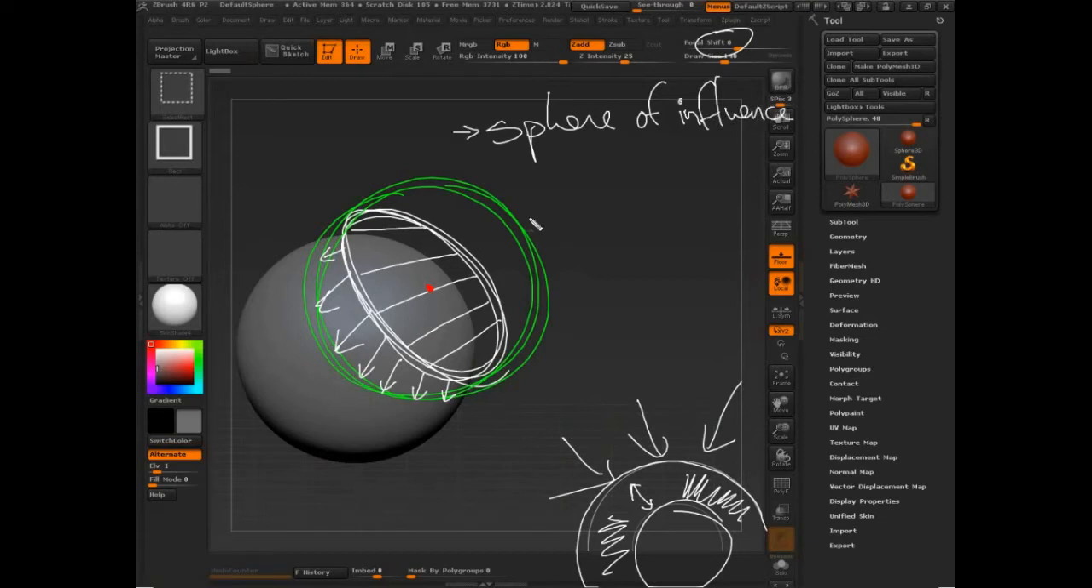What is your sphere of influence? That could be a course. The sphere of influence of ZBrush. Master the sphere of influence and win no friends. Okay, now